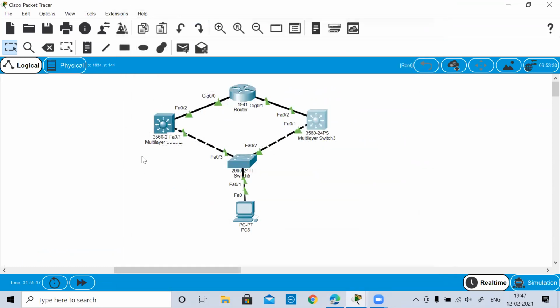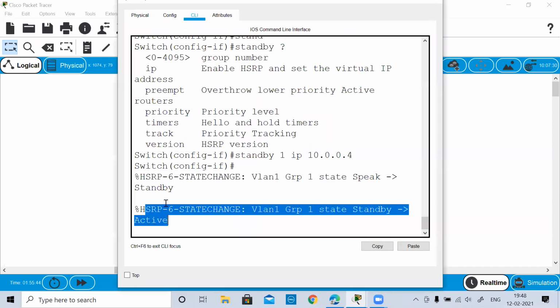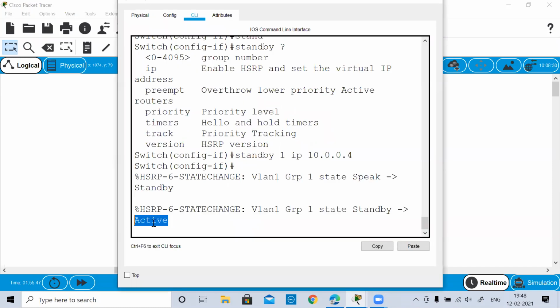Because now we have mentioned the default gateway, if you remember the IP packet flow says that whenever we are forwarding the packet to the other subnet, we need a default gateway. And in the source MAC and destination MAC, we have to put the destination MAC as the default gateway's MAC address. So in this case, the default gateway's MAC address is going to be what? It's going to be the address utilized by this, because here we have said standby. This is my active interface, or my active switch router. So this active one is going to give me the MAC address.